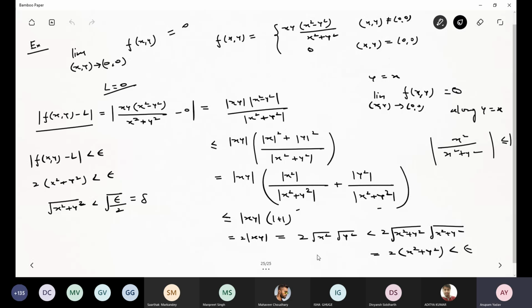हाँ बताइए। सर, ये |x y| into |x² − y²| के नीचे वाला स्टेप बताना। I just use the triangle inequality. Triangle inequality क्या कहती है कि |a − b| less than or equal to |a| + |b| होता है। ठीक है, तो यहाँ पे a की जगह x² है और b की जगह y² है। उसको use कर लिया तो ये इसमें convert हो गया। ठीक है,